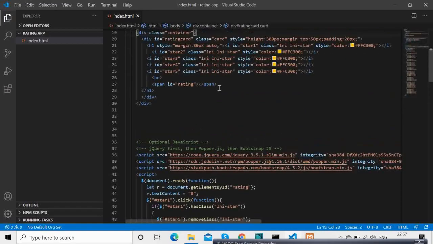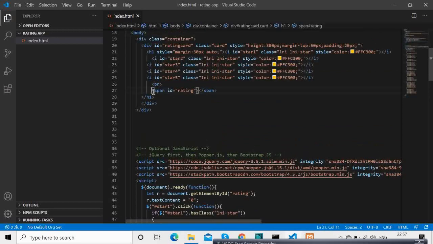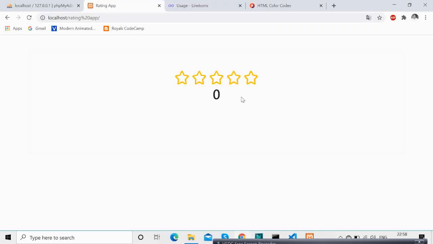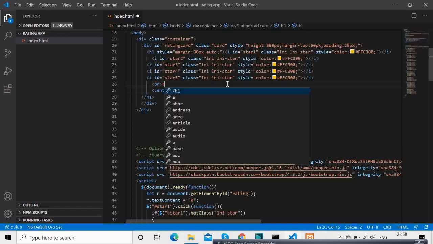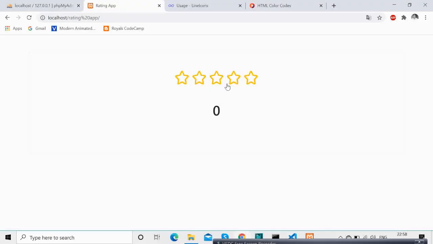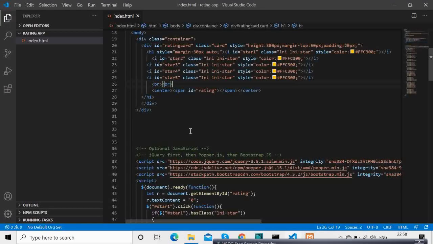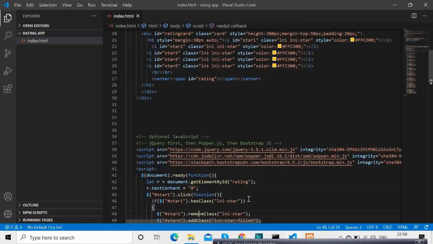I am adding a center tag so that it's displayed in the center and looks a bit good. We will add a line break so there is a gap in between. It's currently not displaying. Why is that?